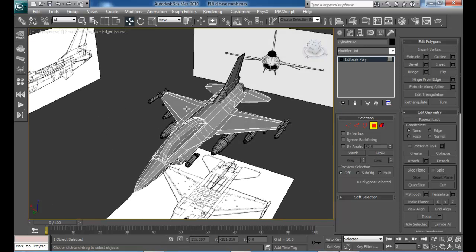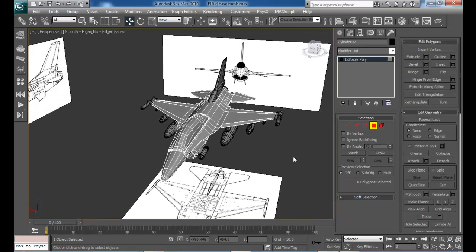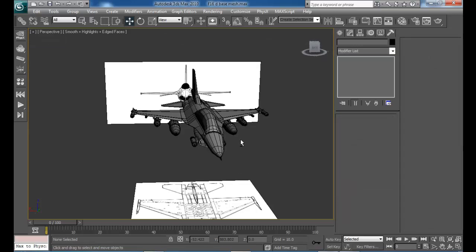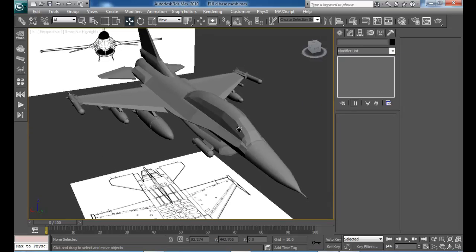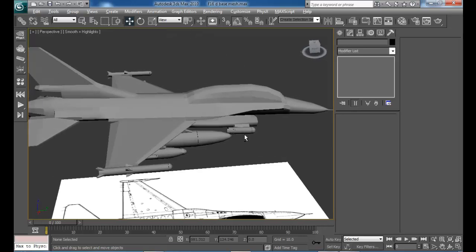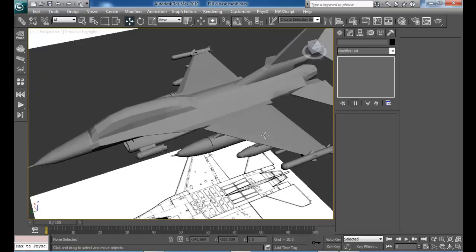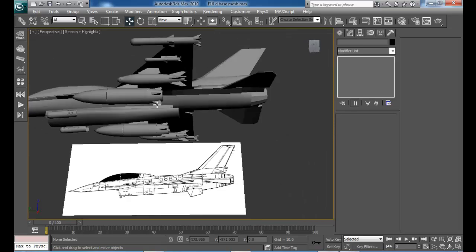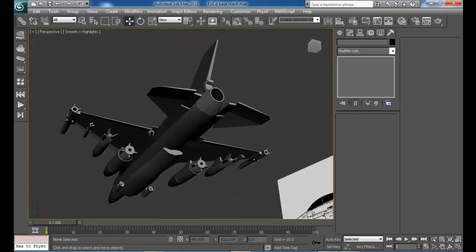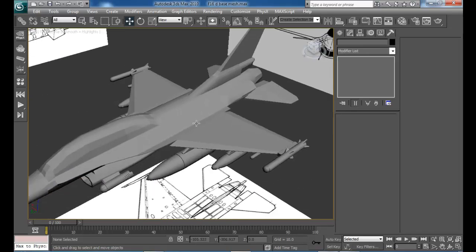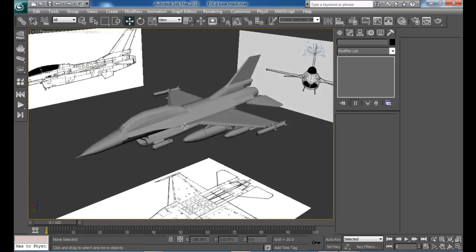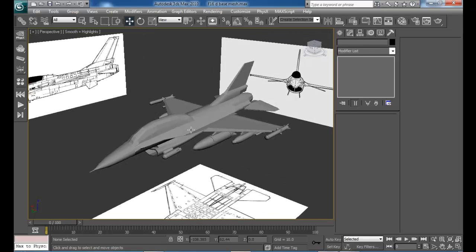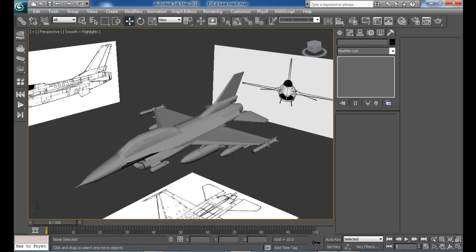If you see right here, we have some edges in here. It looks faceted, so you may want to smooth that. You have some right here as well, even down, even at the back, this one. So you can finalize it with the same poly and just smooth them down. For that I'll be showing you how to